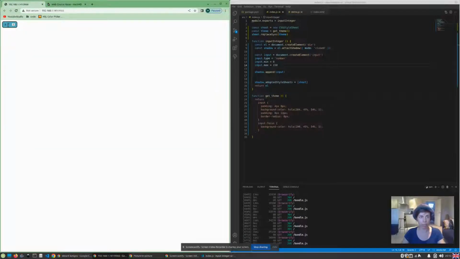So the thing is, with arrows, we don't get under 0 and we don't get above 150, but we can still type in any number, and we don't want that. We want that the number that is typed in can only be from 0 to 150. So we can make like a little